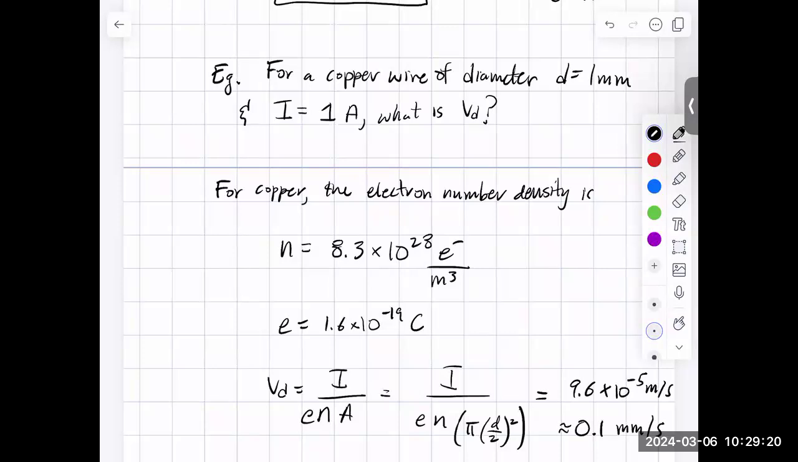So that would mean that for that current in this wire, it would take the electrons 10 seconds to move 1 millimeter. That leads to a question then: 1 amp is probably typical of some of the currents running through the wires in your house. So why is it that when I play with a light switch,